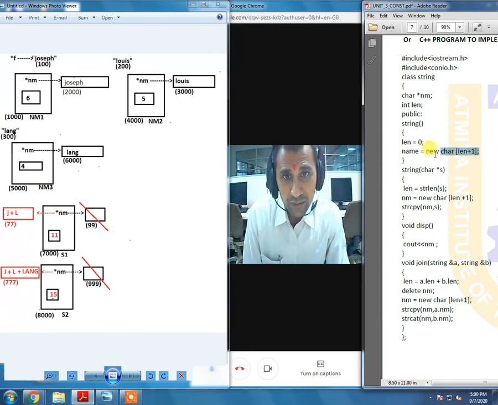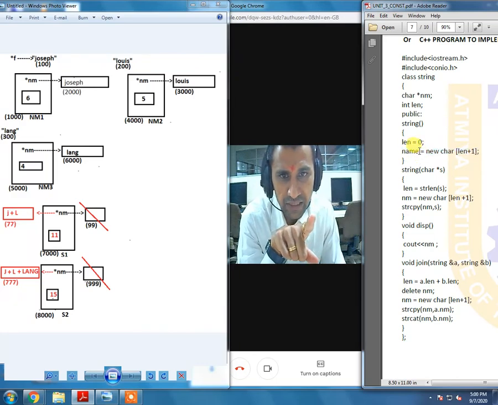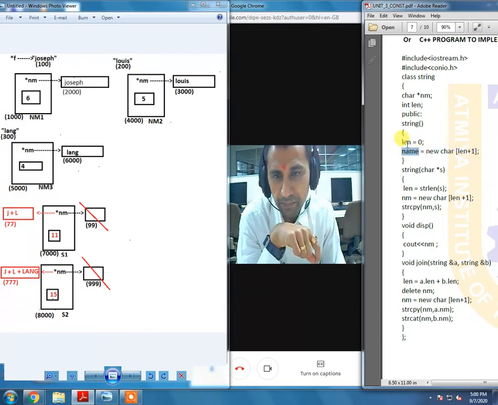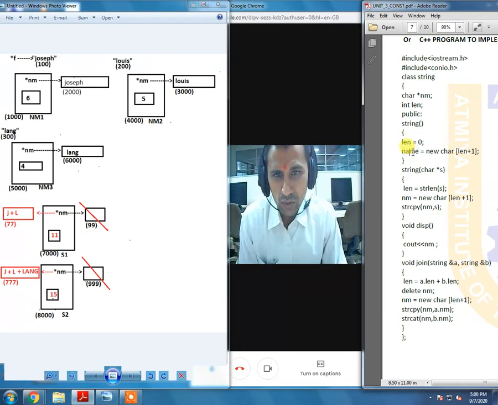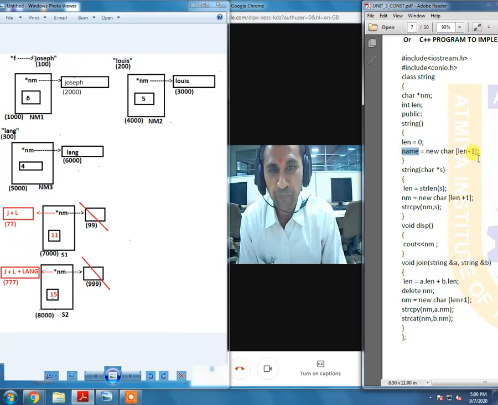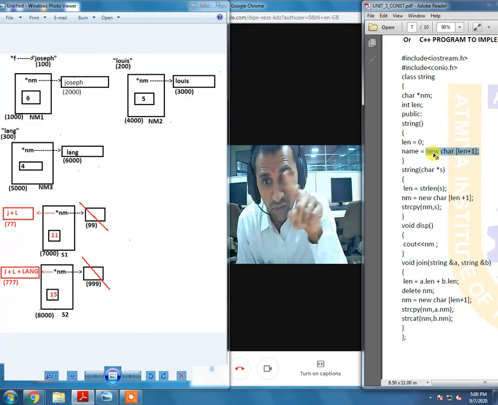Later on we are creating a new block. There is a typing mistake, there is a correction. We are supposed to write star nm instead of the whole full string. So make a correction, use nm only. A new block of size 1 will be assigned, because the value of length is 0 this time.